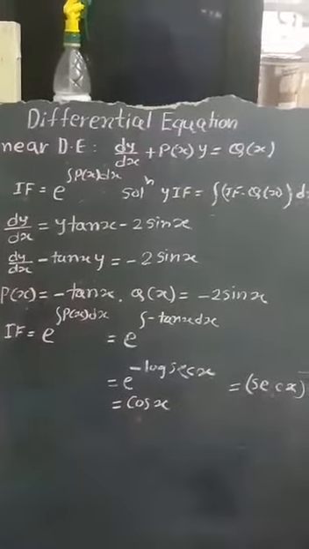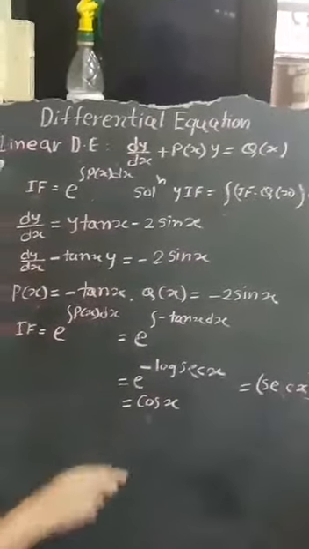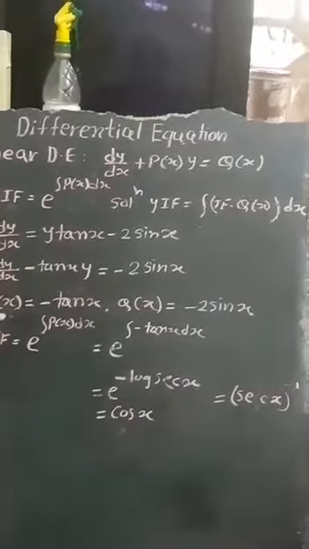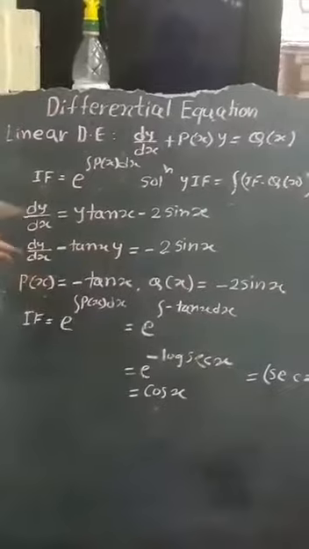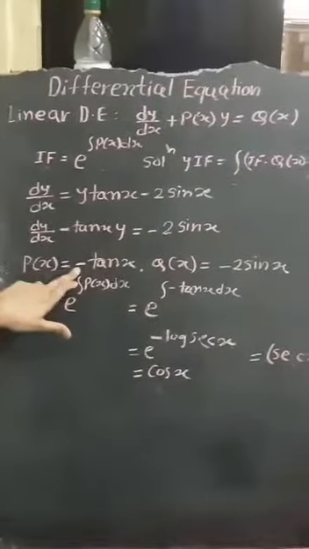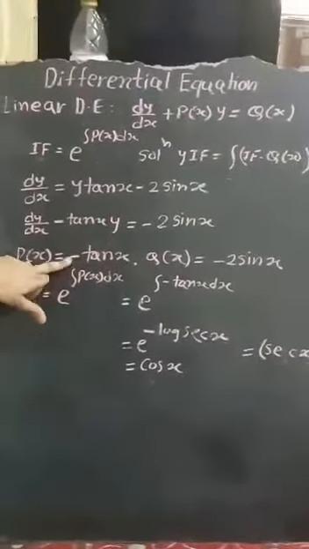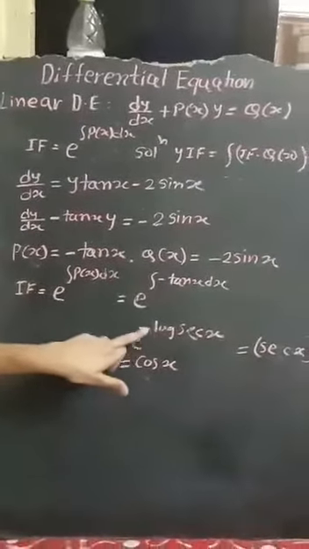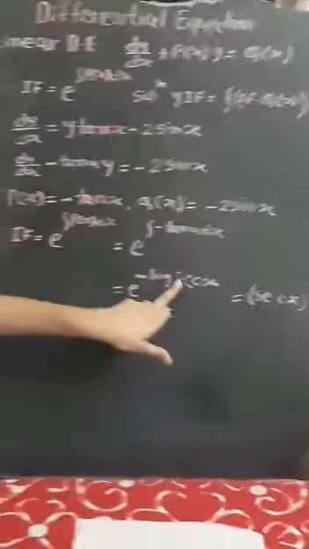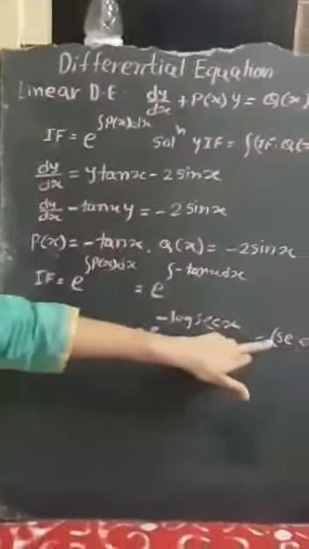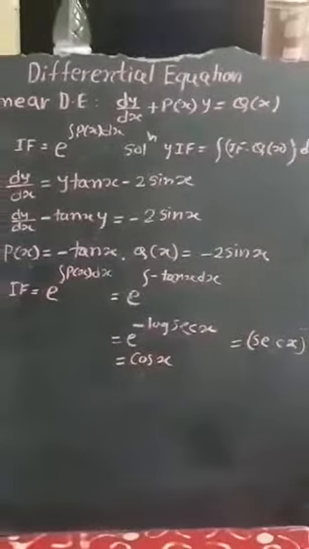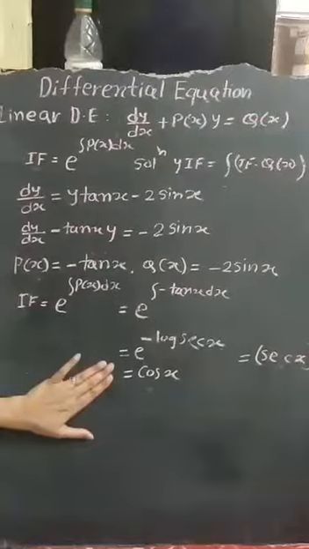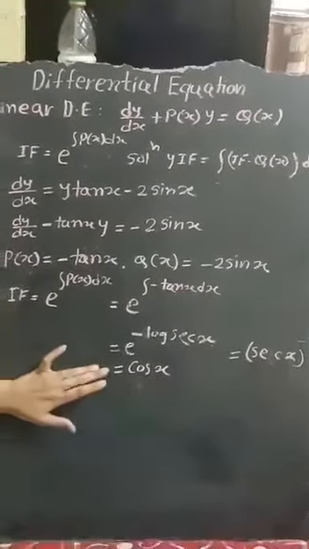So that is why I have told this sum is difficult. So whenever P(x) sign will be minus, what are the possible mistakes? You people don't take minus sign. You people just forget minus sign in many of the cases. So you have to take the minus sign, and e raised to minus log, what will happen? It will be reciprocal of the function. Instead of function, it will be reciprocal of that function. Okay. So is this thing clear to everyone? Okay, so this is my IF.